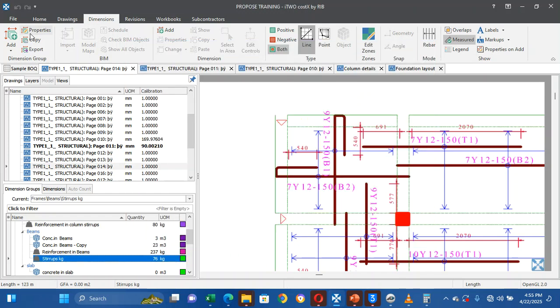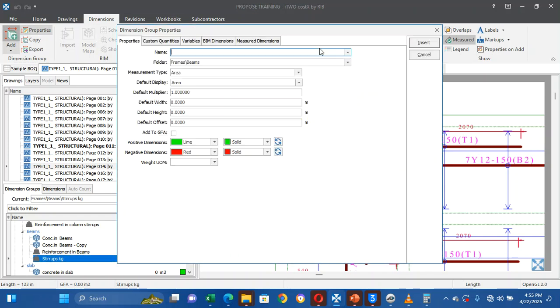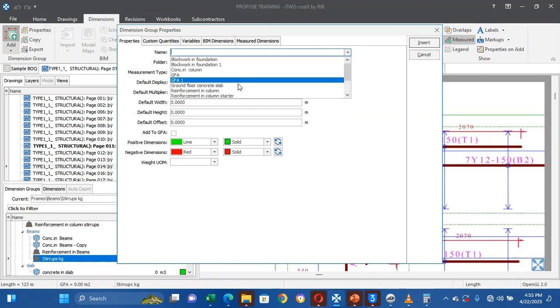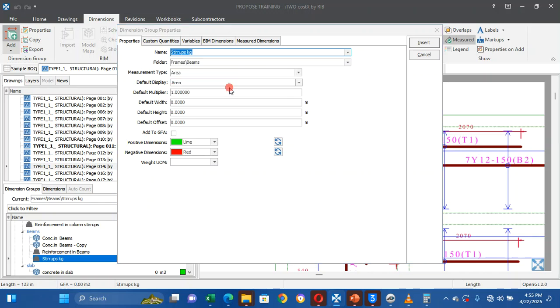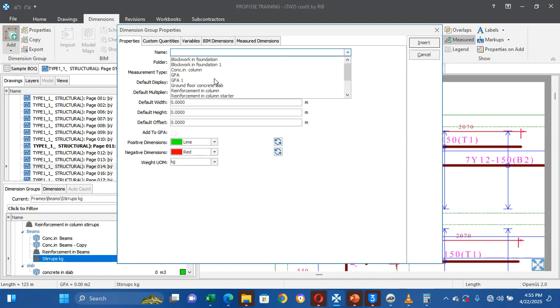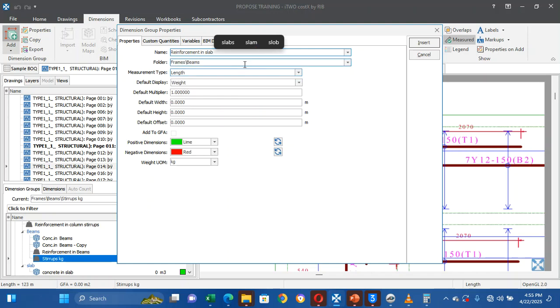Add it to standard dimensions. Now we are going to measure reinforcement inside the slab. Where is it? Okay. So I say reinforcement in slab. Okay,